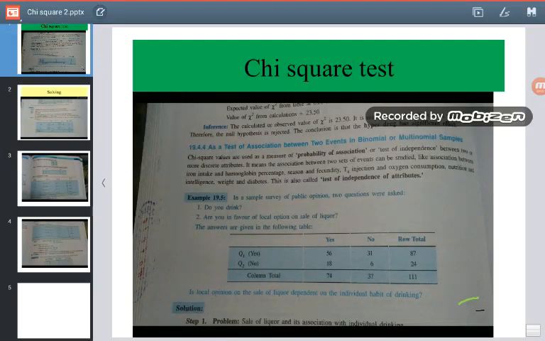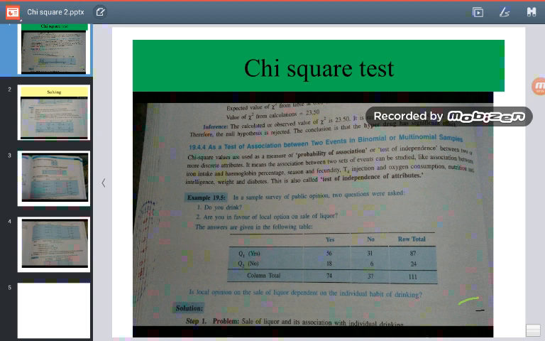Good morning, students. As we were discussing the chi-square test, yesterday we gave one example related to the chi-square test and asked you to solve it. It is a little bit different from the other problems I have given earlier. Therefore, it needs to be explained. So in order to explain this example,